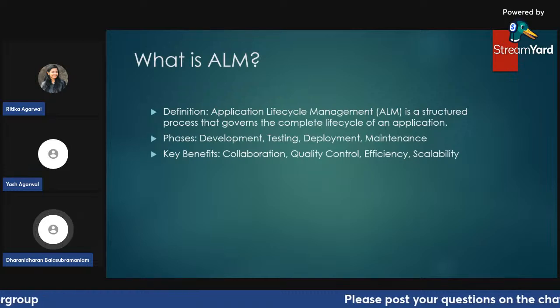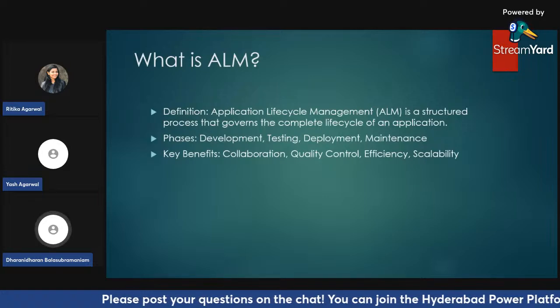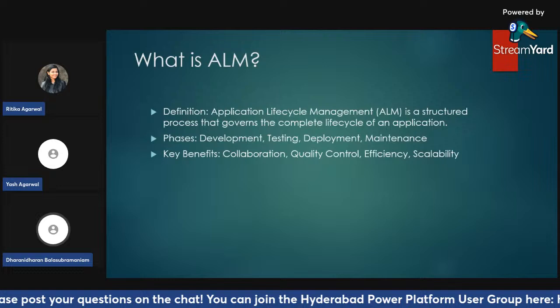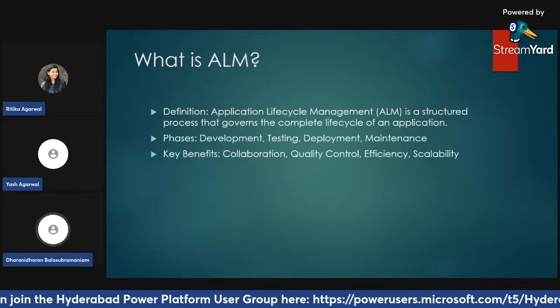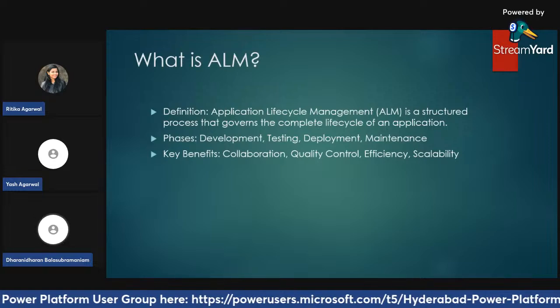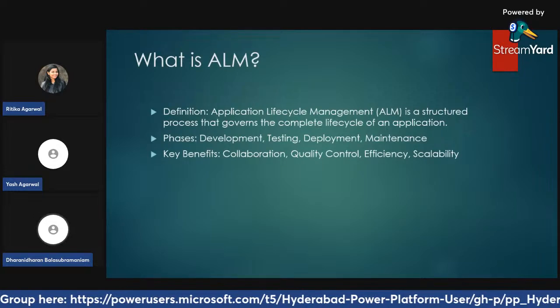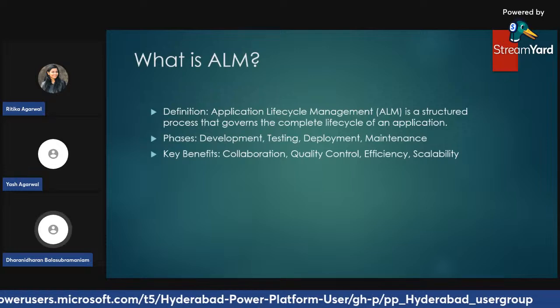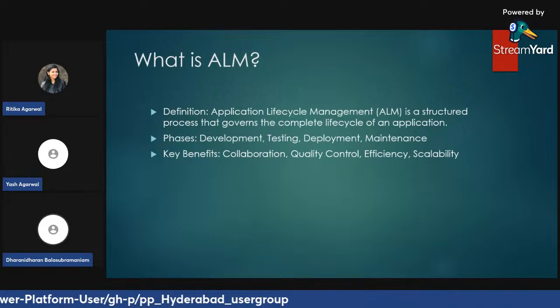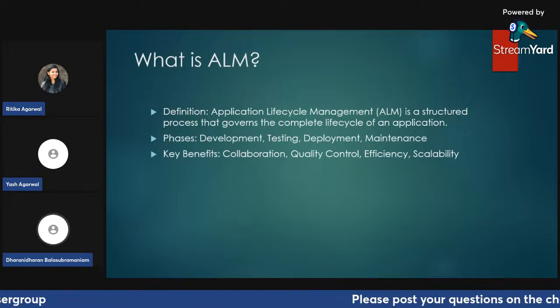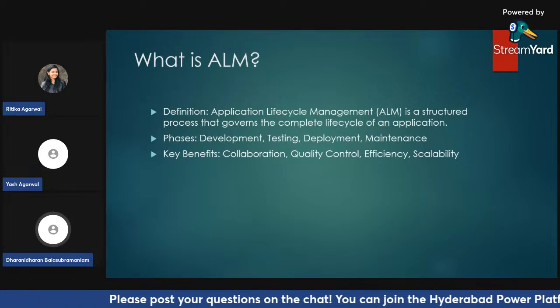This mainly leads to more efficient workflows, less room for error, and it also gives easier scalability as our needs grow. To put it simply, ALM is like a roadmap for building, deploying, and maintaining Power Platform applications in a more efficient and more reliable manner. With a good ALM in place, you are setting yourself up for a solution that is high quality, easily manageable, and resilient over a period of time.